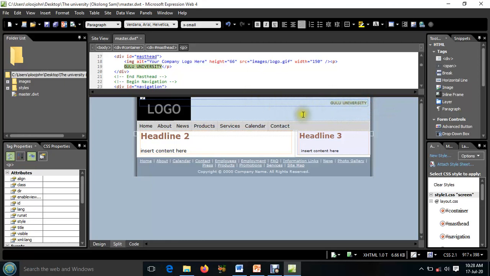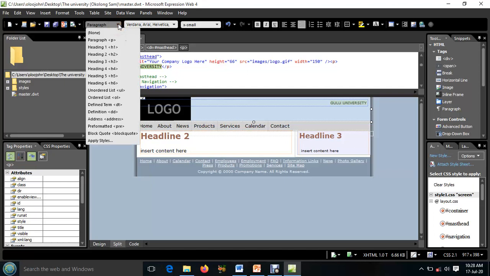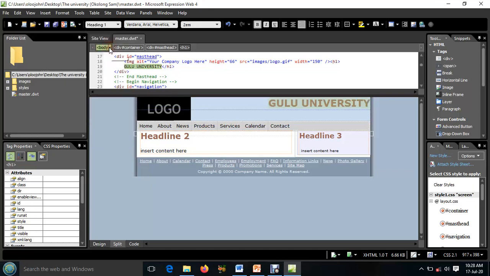So we are going to change its style by coming to paragraph. You can see where paragraph is. So we don't want it to be the paragraph, but we want it to be heading, and it's the main heading, so you call it heading 1. Okay,